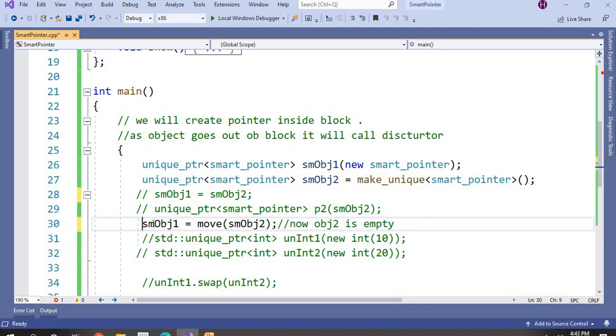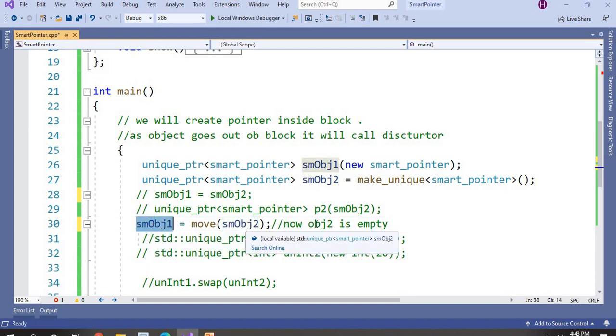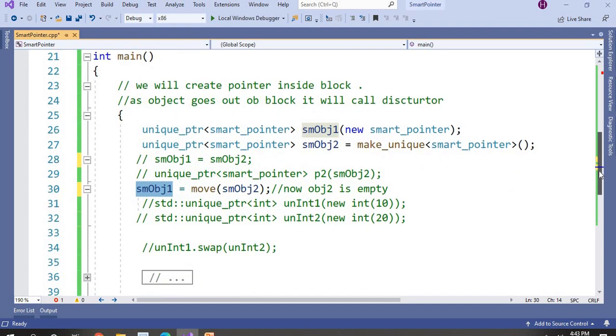So let's see an example. Now I am moving object 2 to object 1. So in this case object 2 will be empty. So we can print this.